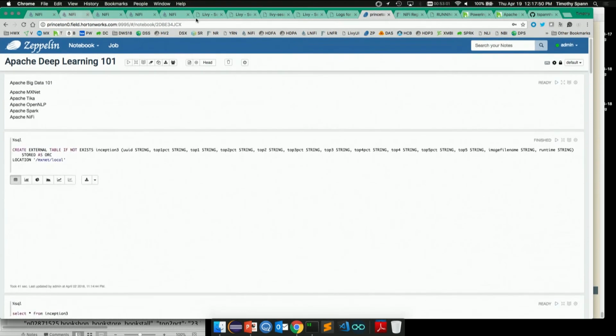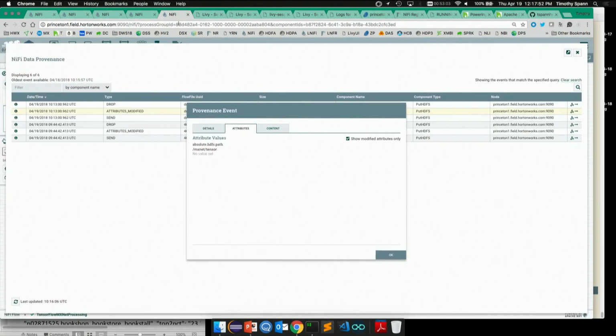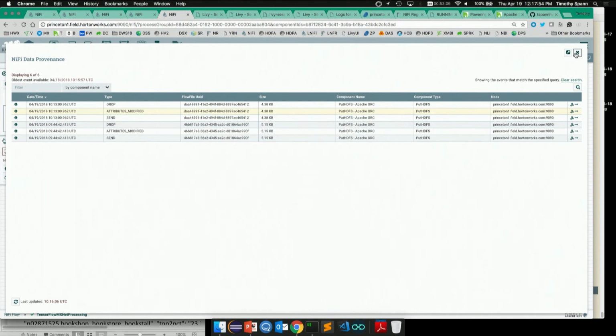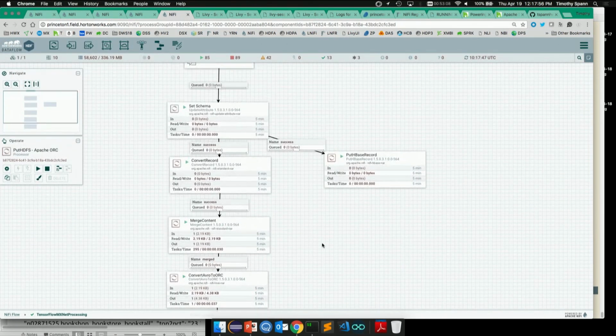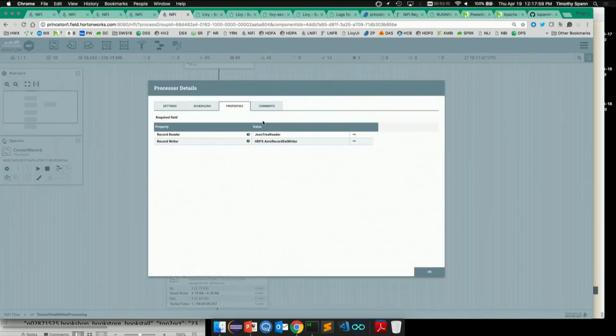I've got some other similar tables. What's nice is I didn't have to care what the table looked like, what the data looked like. I have a secret weapon here that does it for me. Because I know what this data looks like, because either I knew beforehand or I let NiFi tell me what it looks like, I built a schema of that data. So it didn't matter that the data is deep learning results.